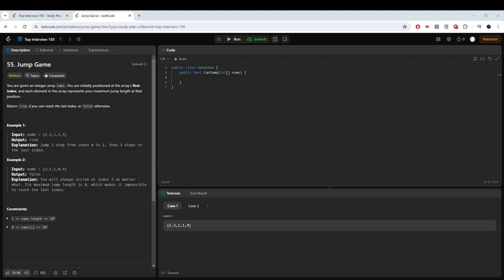My name's Tim, and we're going to be solving a Leetcode question called Can Jump from the Top Interview 150. And of course, we're doing this in C#, which I'm excited for. And this is an interesting problem. First time I tried solving it, I actually did solve it. And maybe we can look at that solution later, but after solving this problem, I looked at the other solutions